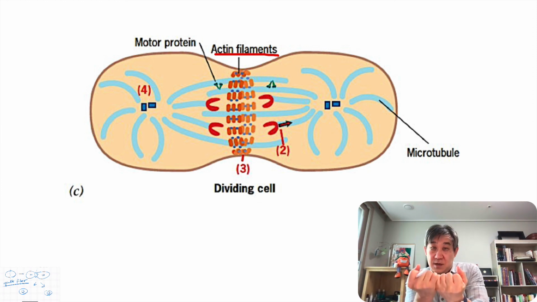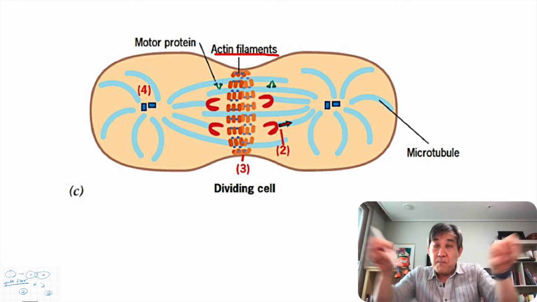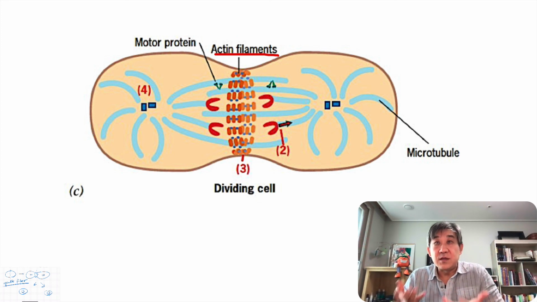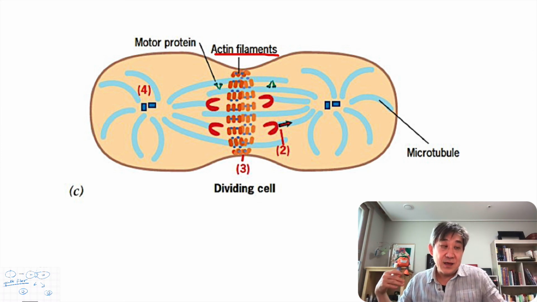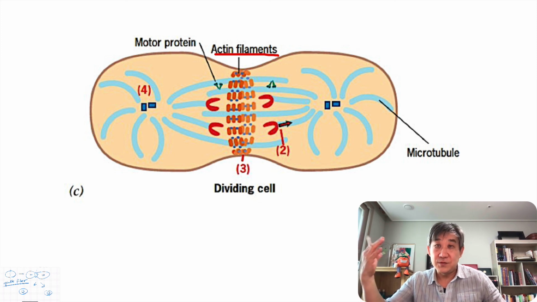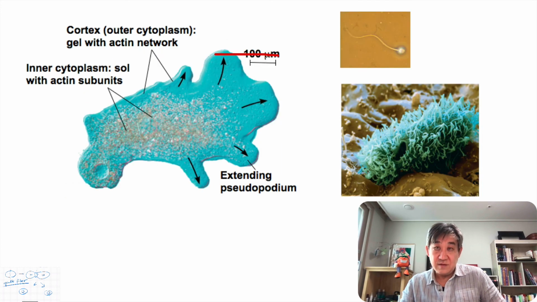Similarly, when you try to squeeze an animal cell to part ways into two entities, I will be doing that job. And also when you try to move your body by muscle contraction, I will be needed too. So those are two functions respectively provided by microtubule and actin filament in this dividing cell.